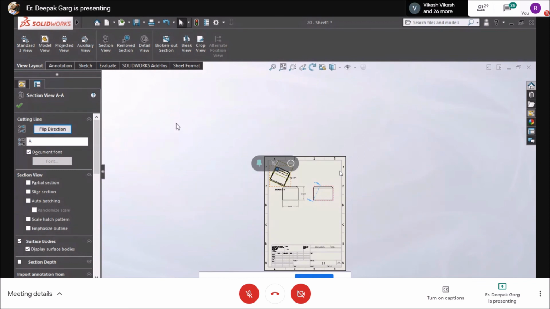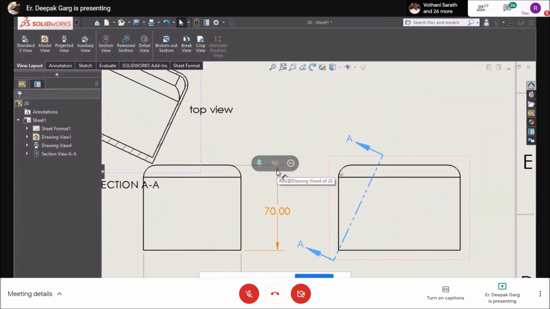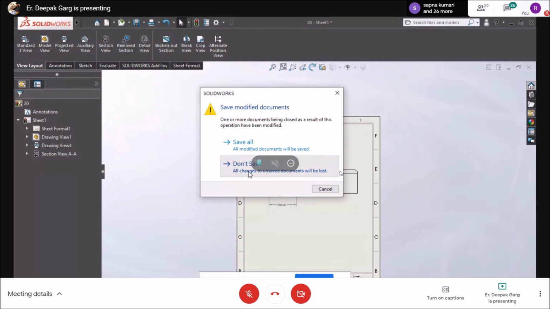There are many things that you can do. You can give annotations. You can change the arrow design. You can change the size of the digits that are written here. There are many things that can be done, but all of this can be done if you have SolidWorks and you just play with the commands over here. Each and everything can be learned, or if there is some advanced course of SolidWorks, then you can learn from there also. Do not save.